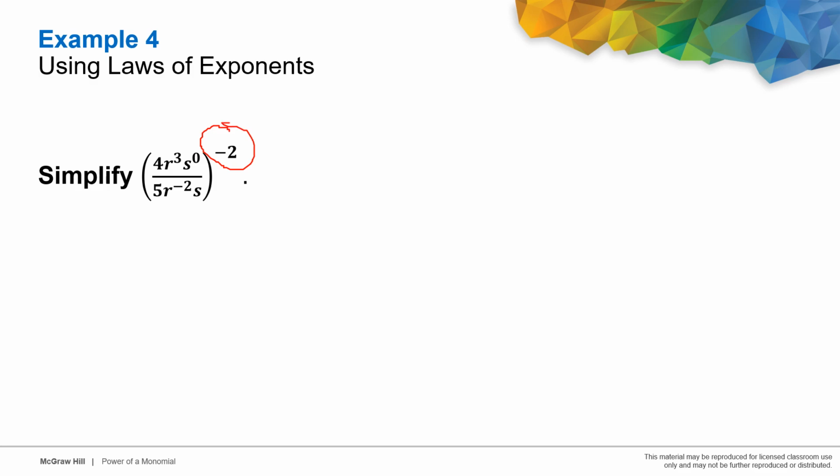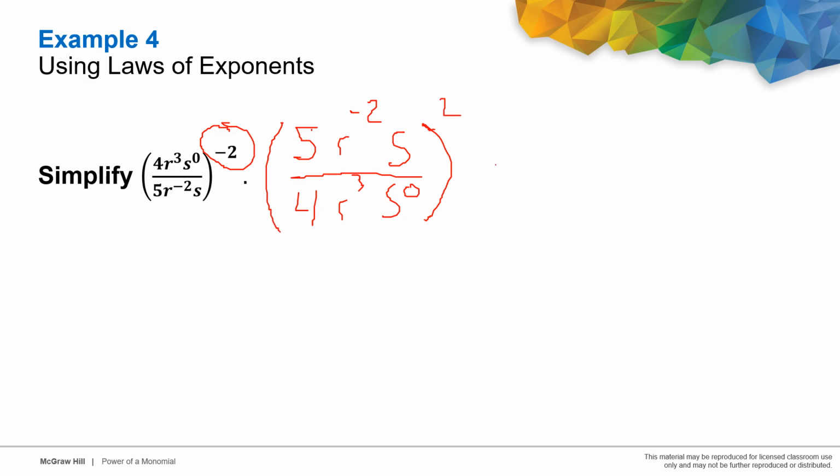First, we're going to get rid of our negative exponent. To do that, you switch numerator and denominator, all right? So normally we would just bring a number down if it was in the numerator to the denominator, or vice versa. But because everything in the fraction is being raised to a negative exponent, you inverse everything in the fraction. So it now becomes 5r to the negative 2 times s all over 4r3 to the s to the 0 power. And all of that is now to the positive 2 power